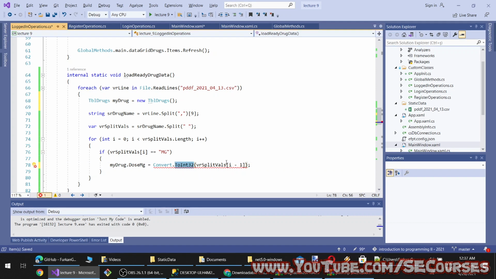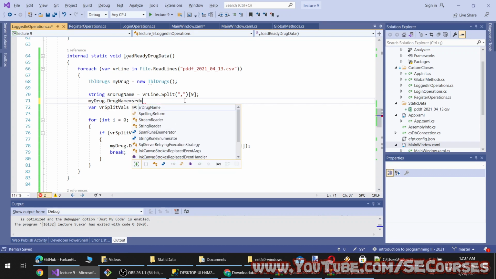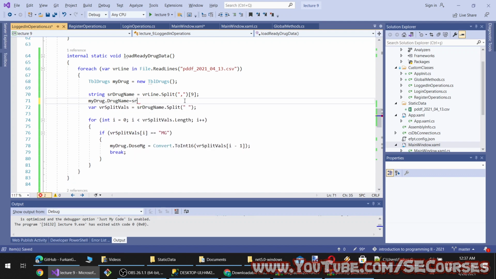Okay, it's expecting short, therefore to int 16, yeah, and then break, and the drug name will be set here.